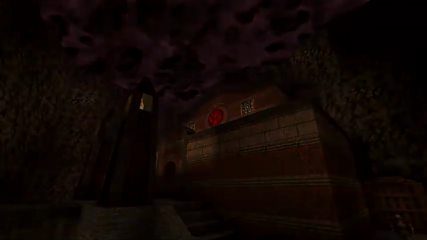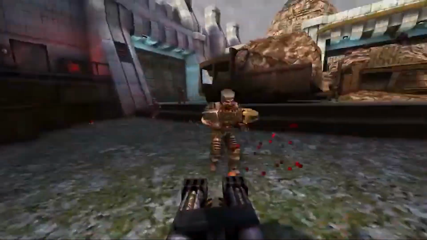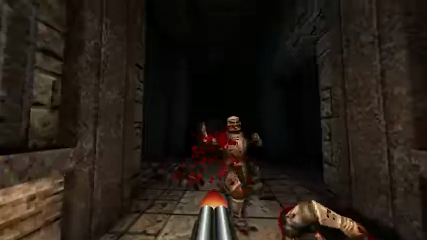Despite what happened at id in the past, Quake is still seen as one of the most influential games ever made, being just as groundbreaking as its predecessor, Doom. Quake was praised for its 3D graphics, music and sound design, and fun gameplay. Even its multiplayer capabilities too were received very well and were quite popular.